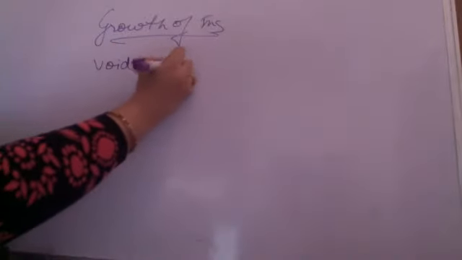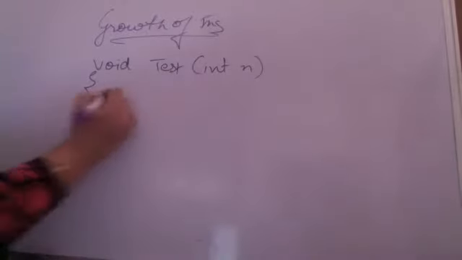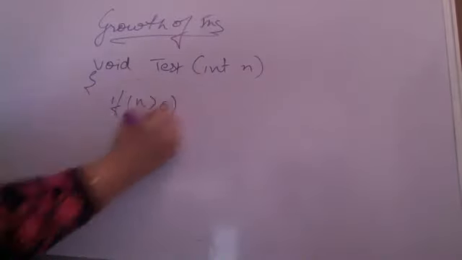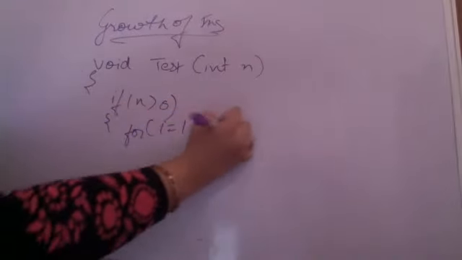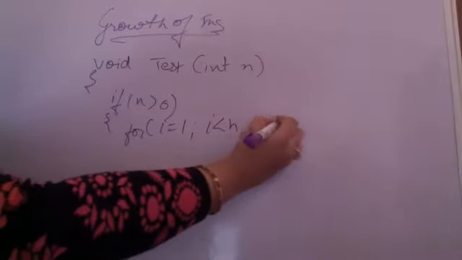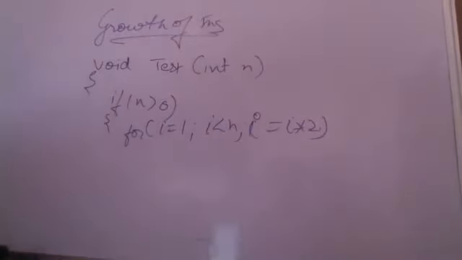Supposedly, I am having a function void test. It is having a parameter n. I am taking C for example, assuming that you all know the language. There is no hard and fast rule of any language. I'm just taking a very small example of how I am actually going to calculate the running time of a given code. If n is greater than 0, then I am performing some task. Say I'm having a loop which is running till i less than n, and I am changing the loop variable by i into 2. Let's see what will happen here.